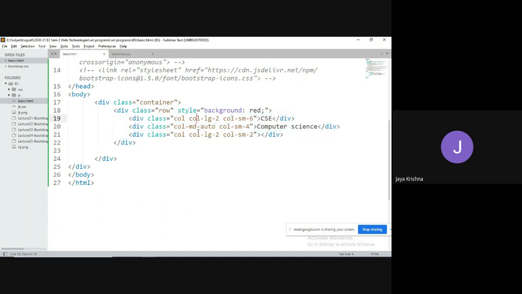If it is open on the medium screen, I have defined only the second column, and there is no mention for the remaining columns. If I am not mentioning the remaining columns, what will happen? This one is auto. And what about the first and last column sizes? Nothing. So these two are going to occupy equal space.